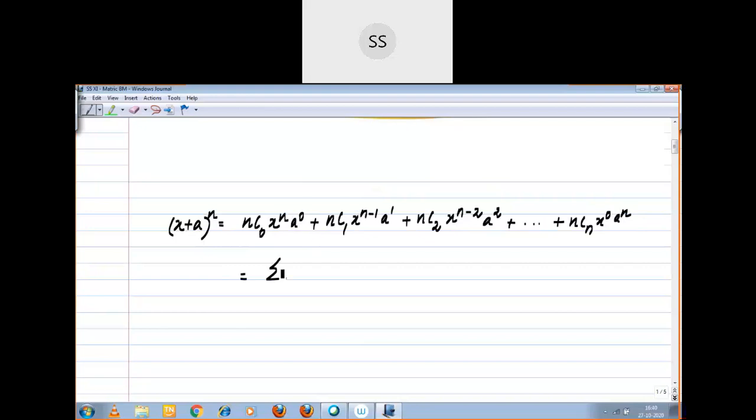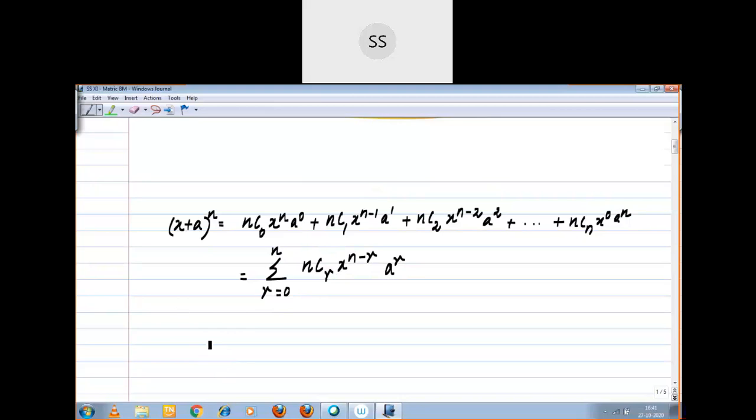Now, this is equal to sigma notation, right? The format we converted into the series, we converted into the notation. How we are going to convert into the notation, that you have to listen. Sigma r equal to 0 to n, nCr x power n minus r a power r. See, for example, r equal to 0, the sigma symbol represents addition, right? Summation, addition. For r equal to 0, nC0 x power n a power 0. First term we got, right?